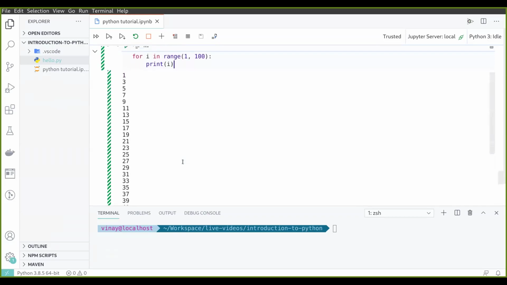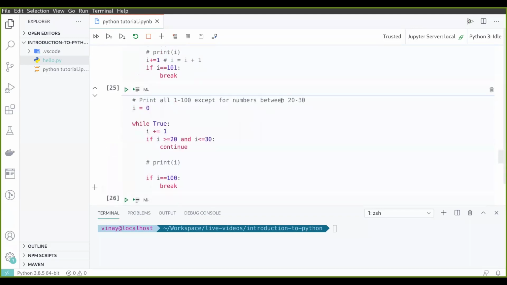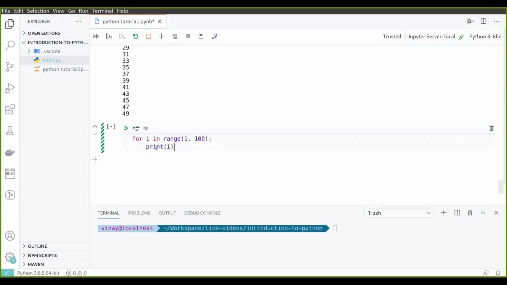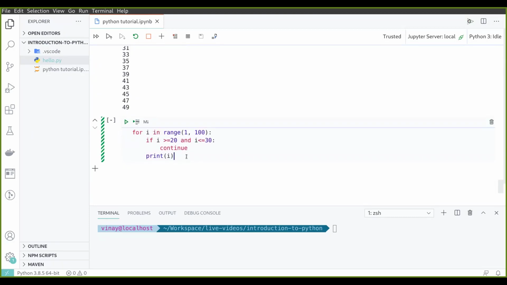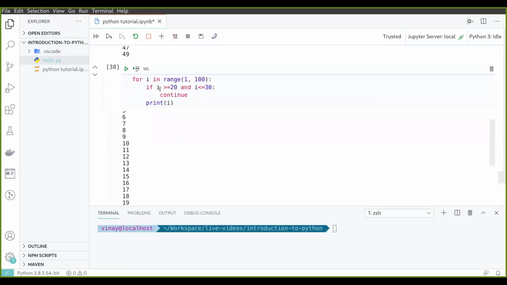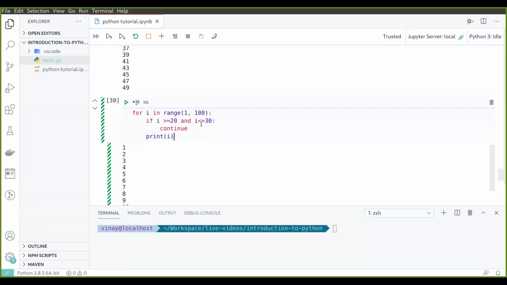1 to 100. Now suppose you want to use the same code, but we do not want any numbers between 20 to 30. So what we can do using for loop is we can simply use some if condition. We'll need the same if condition only, and run this code. You'll see that we have started this 1 2 3 4 5 6 7 8 9 10, and after that numbers between 20 to 30, they are not present. This is the same code as we did for while loop also.